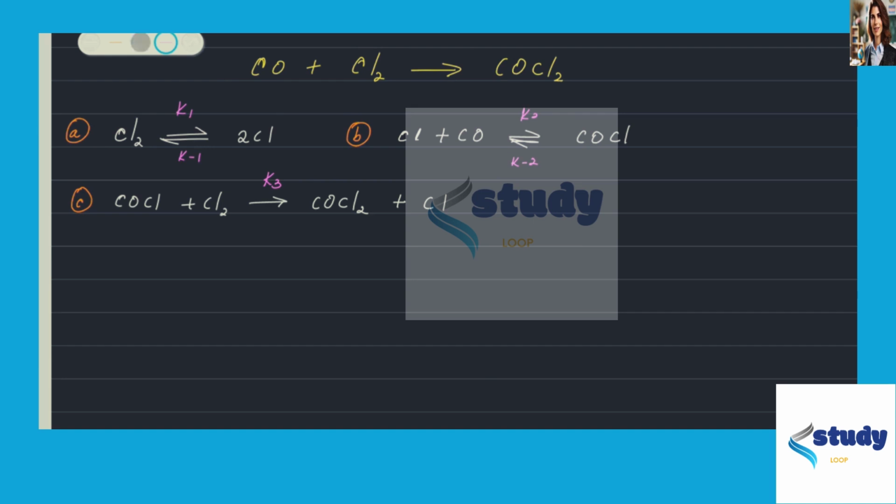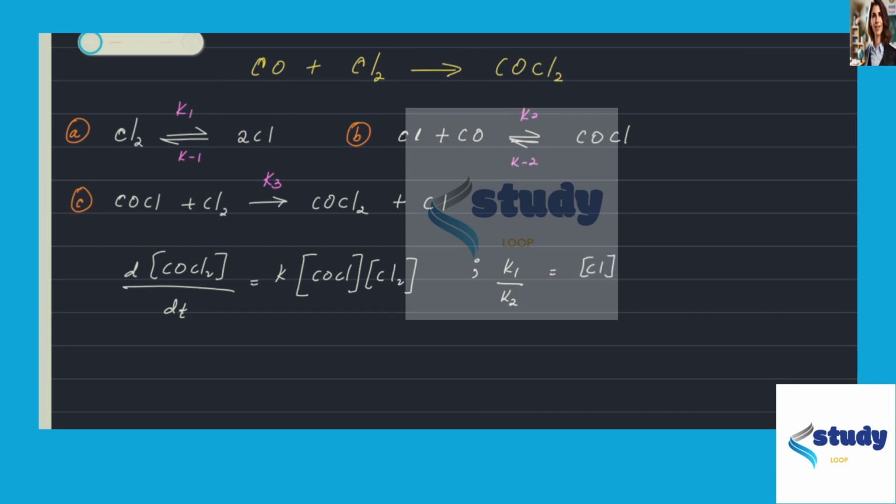that if we equate these factors here, you'd notice that the rate of change of the concentration of COCl2, d[COCl2]/dt, should give you K3 into [COCl], okay, and the product of that with the chlorine gas concentration, okay, which means that for these particular steps A and B, we notice that K1 over K minus 1 should give you the chloride ion concentration squared over the chlorine gas concentration,